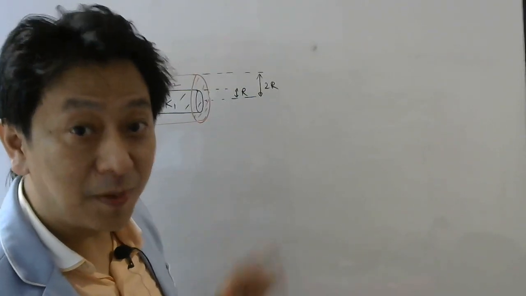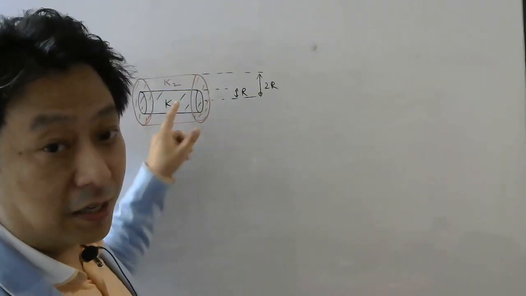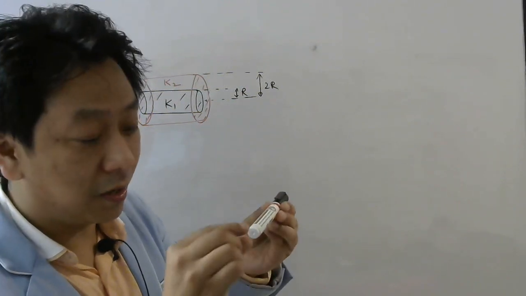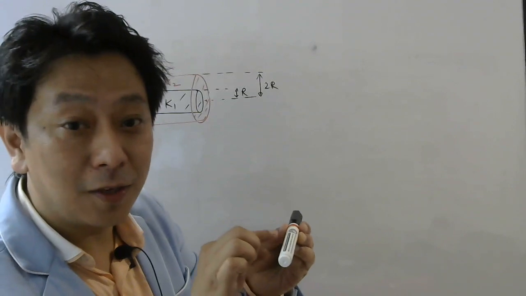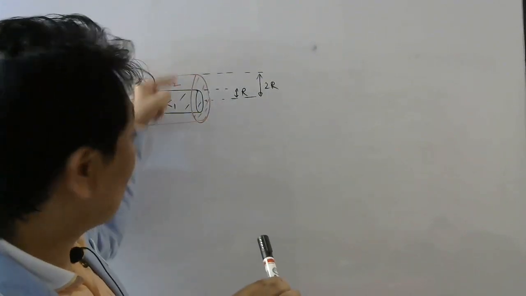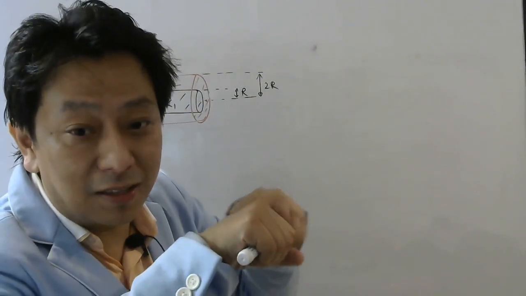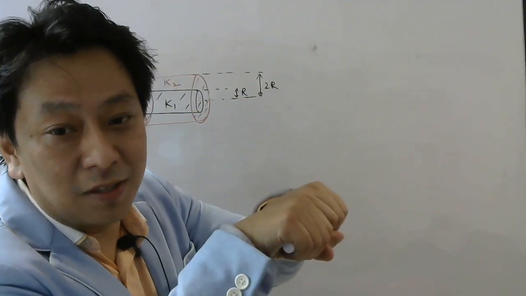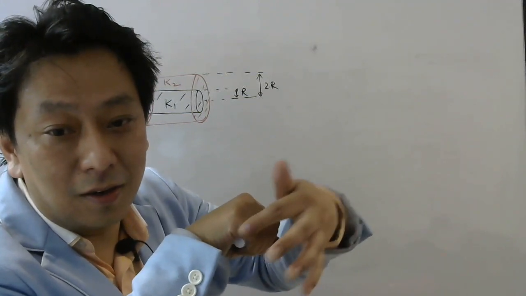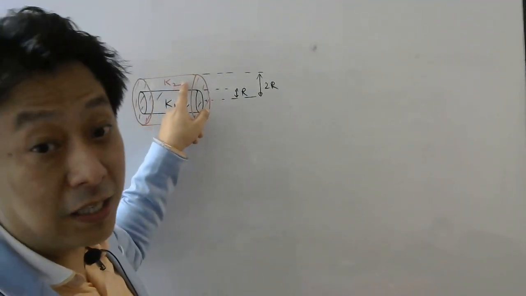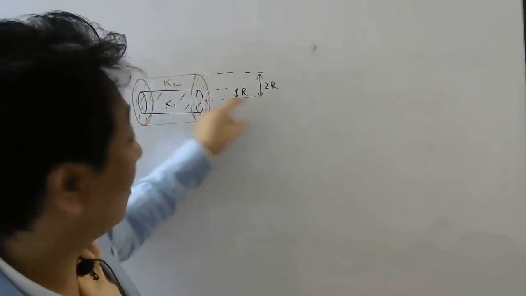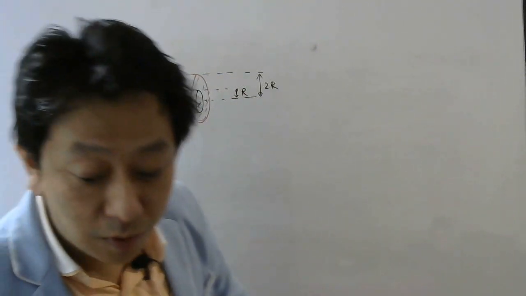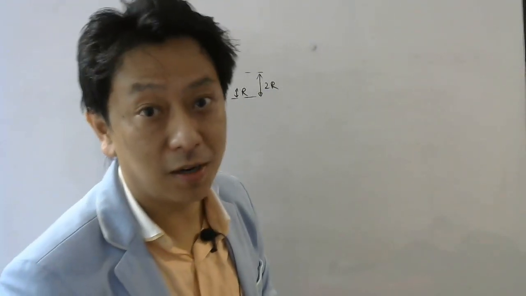So this diagram explains the question. You have a cylinder like this, let us assume, of radius R. So this radius is R and thermal conductivity of this is K1. It is surrounded by a cylindrical shell like this, so like this you have to imagine. So this material is having thermal conductivity K2. The outer radius is given 2R and this inner radius is R. We have to find the effective thermal conductivity.